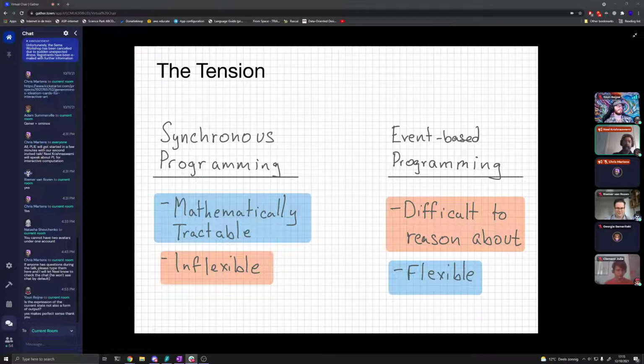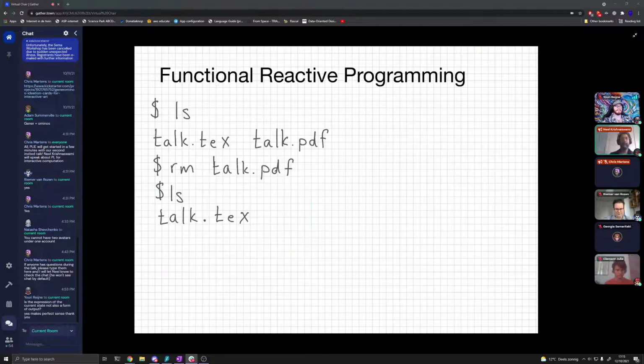And so I'm going to tell you now that you have this context, I can tell you a little about some of the work that I've been doing in this regard. But before I get to my work, I want to talk about a line of work that's been very popular in the functional programming community for about 25 years.